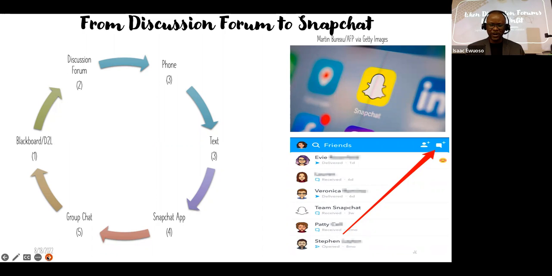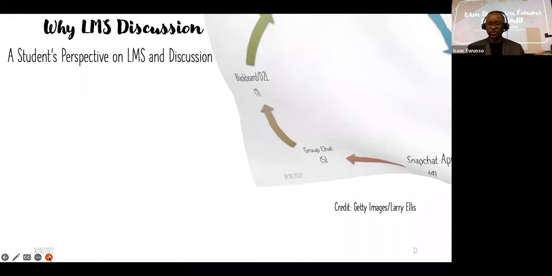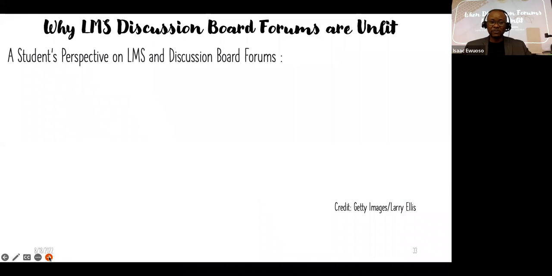This is slightly off topic, but when you send somebody a picture or video, they only get a chance to see it for a few seconds, and then, depending on the setting, it disappears. I have a problem with that since I like to record information, and especially in the writing class, I don't want students to just lose track of the communication. So I've had issues with that in class when students use Snapchat and they say, oh, I asked somebody to do this and the person didn't do it. Well, how can you prove that to me when it's disappeared?